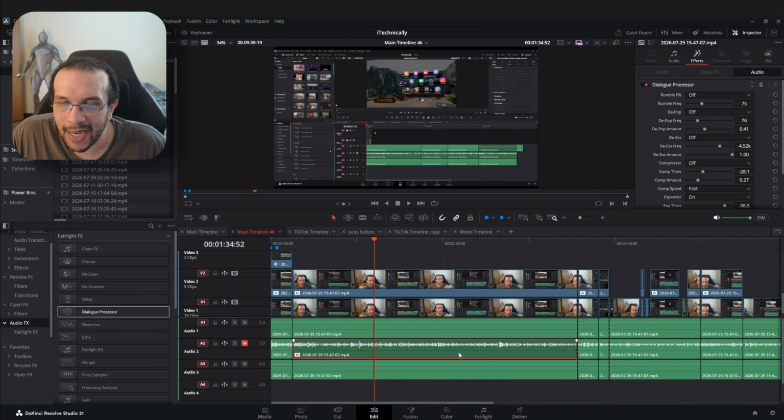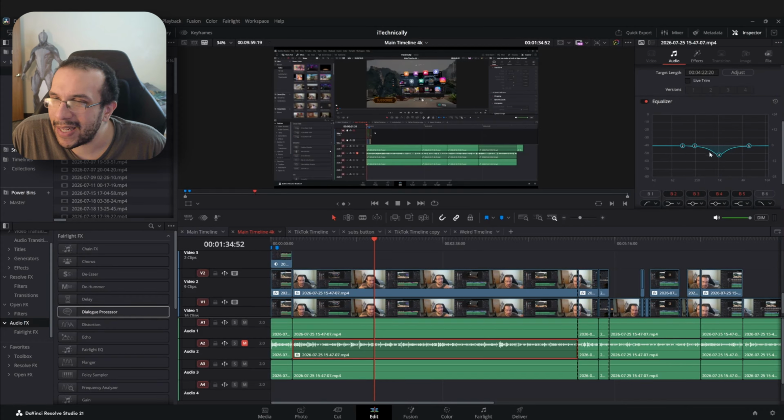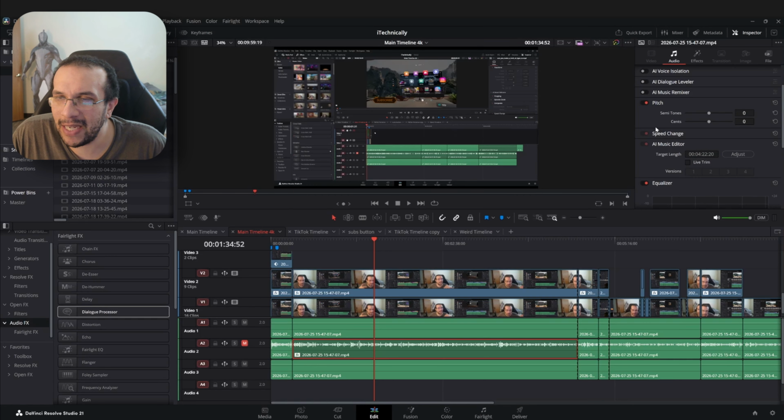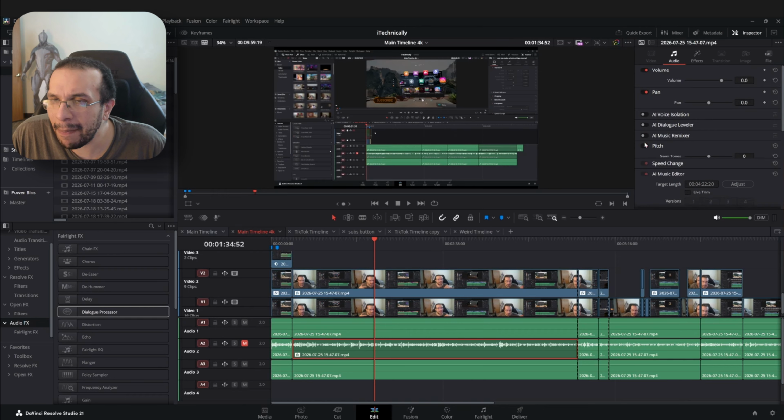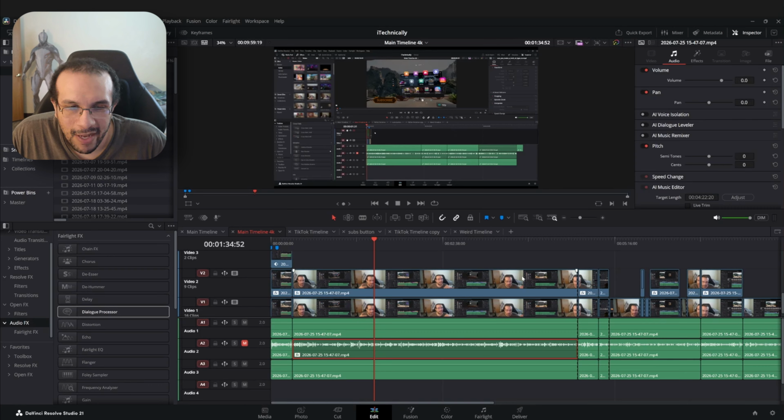And again, you can also go back in and play around with the equalizer a bit more until you find what you need. Maybe play around with pitch on versus off just so you can maybe get rid of that extra echo. Or, if you can't re-record. If you can re-record, then maybe, but for the most part, this should help you out